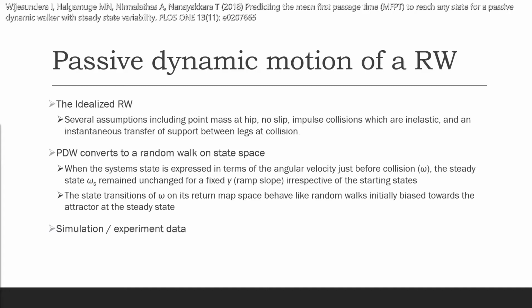When the system state is expressed in terms of the angular velocity just before collision, or omega, the steady state remains unchanged for a fixed ramp slope, irrespective of the starting states. The state transitions of omega on its return map space behave like random walks initially biased towards an attractor at the steady state. So we will use the experimental and simulated data of a rimless wheel to discuss this further